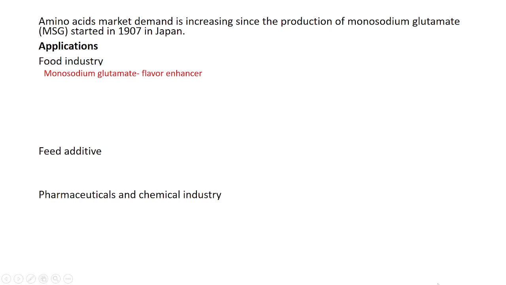So it is used as a flavor enhancer and it is used in different cuisines like Japanese, Chinese, Korean cuisine, mostly used in these cuisines. Then aspartame. Aspartame is a combination of aspartic acid and phenylalanine. This is an artificial sweetener. So this is being used by people who are health conscious, who want to reduce their calorie intake, and the people who are suffering from diabetes, because this is a zero